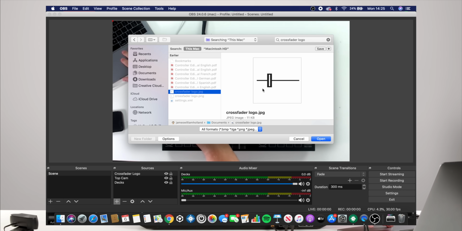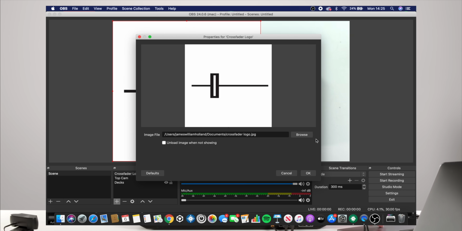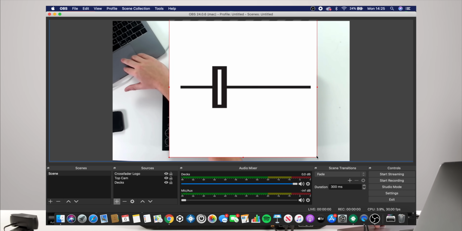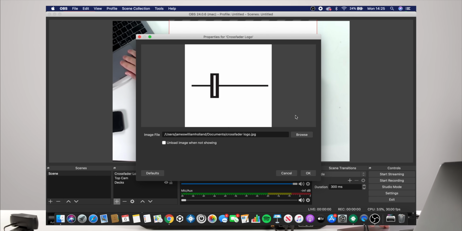That's a white background. If I imported that, just to show you what I mean, click OK. As you can see, it's got a big white background. It blocks out everything behind it. So that's no good for us. We don't want that. So if we browse again,